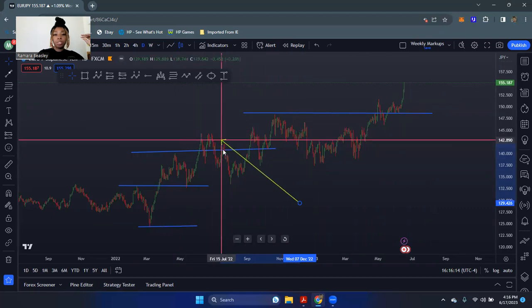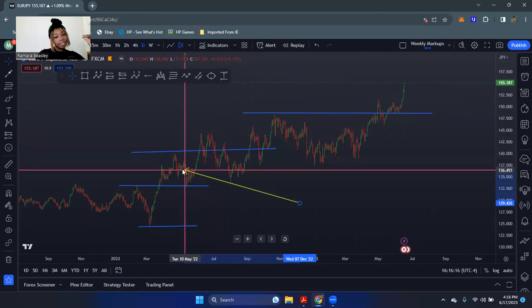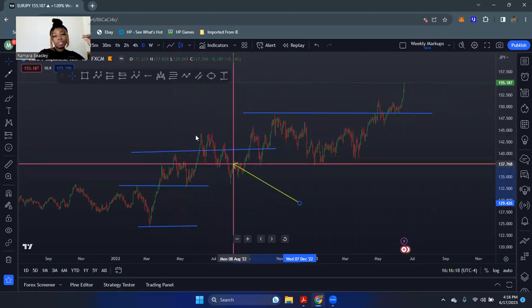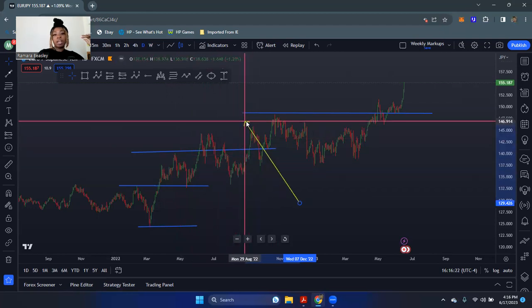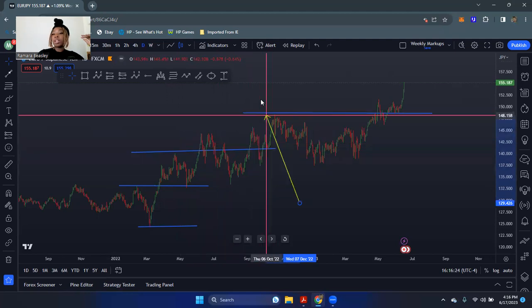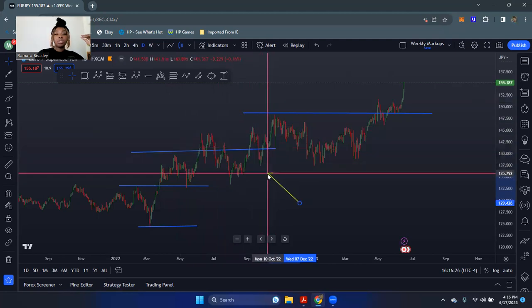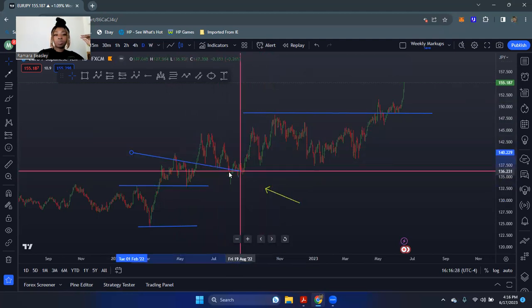She broke through. She did come back down. That's why I said we did have an opportunity where we could buy right here and then catch her up, but we bought right here and caught her up. So those swing levels,